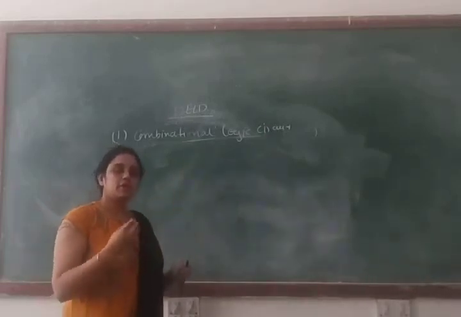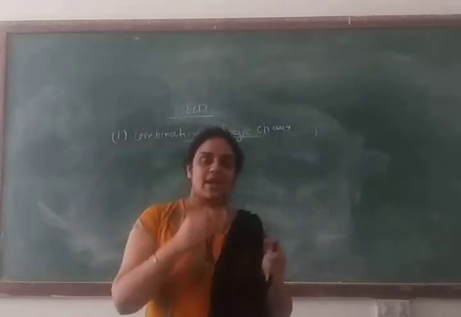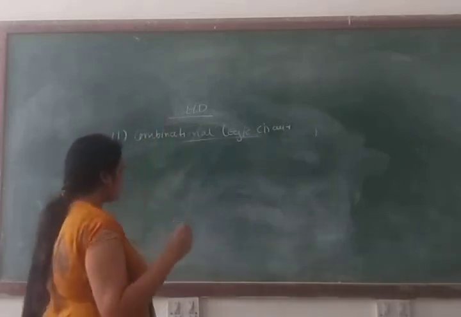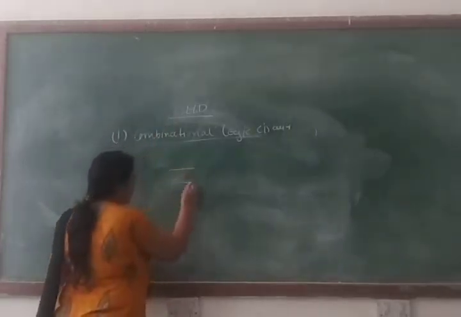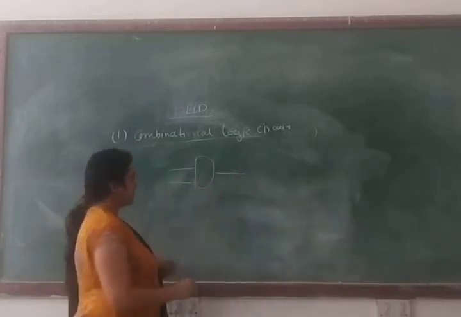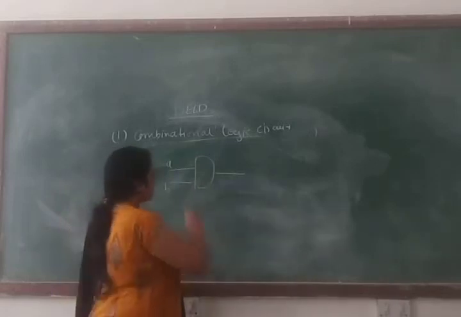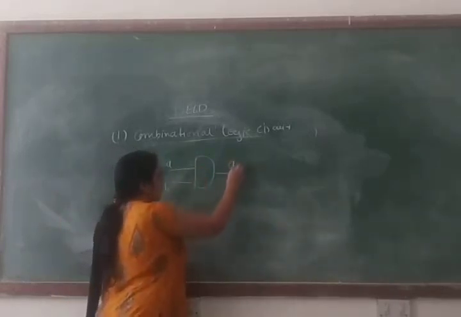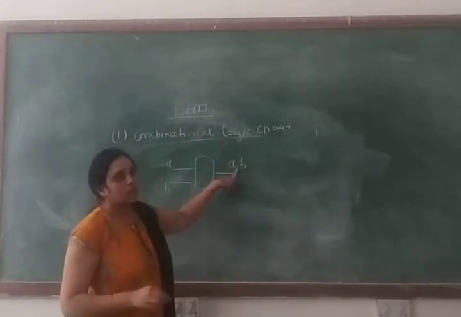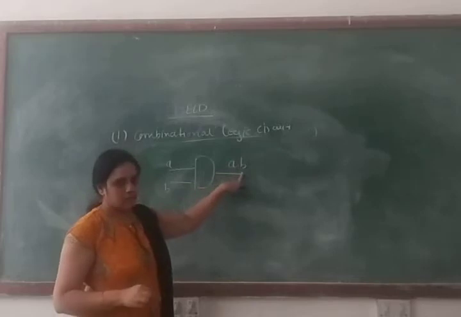If you are giving input to some gates, then whatever input you are providing at any instant of time, according to that you will get the output. For example, right now you are providing input to an AND gate. This is the structure of the AND gate, and you are providing two inputs, small a and small b, and after providing input you will get the answer a dot b. Dot basically represents the AND operation between inputs. So a dot b, this output you will get, right?